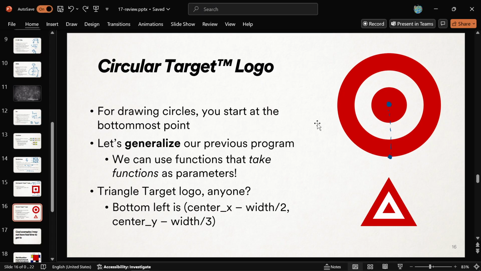All right. But you got to start the circle. If you want it to be at a certain spot, you got to get down to here, and then it'll draw the circle centered around there. Okay, that's how that works. And so